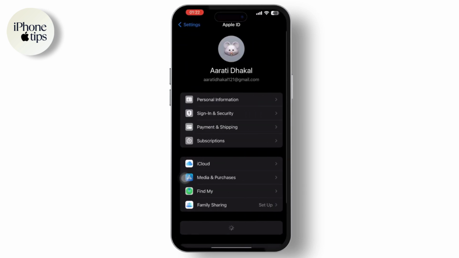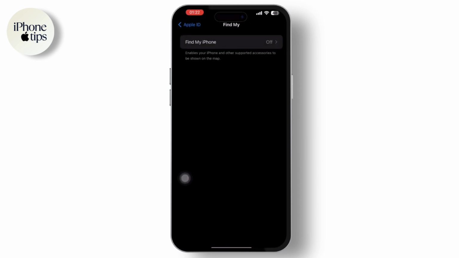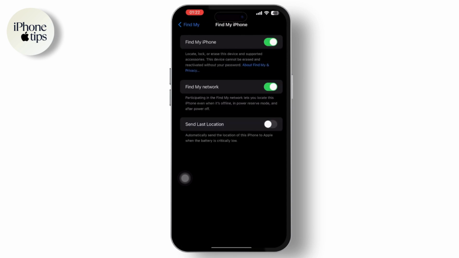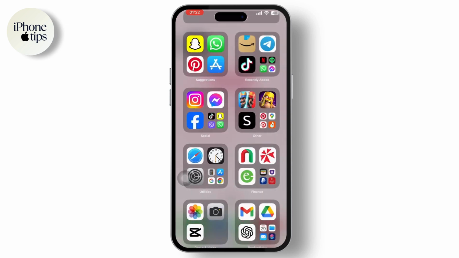After you tap on your Apple ID, scroll down and tap on the Find My option, and this will open the Find My settings. If it's not already enabled, toggle the switch next to Find My iPhone to turn it on. You may need to enter your Apple ID password to confirm, but here we don't have to. So now go to the Find My app,